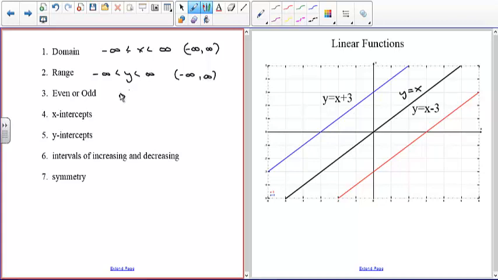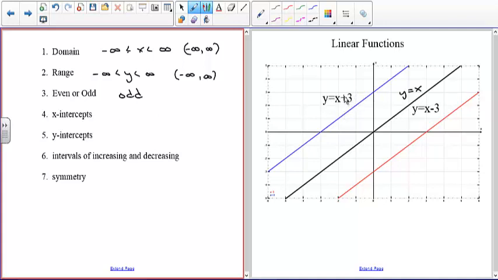Is it odd or even? It's odd, because if I go for a given line, if I go -x and I look at the y value, and I go positive x, look at the y value, you see that they're opposite signs. The x-intercept, it depends upon,